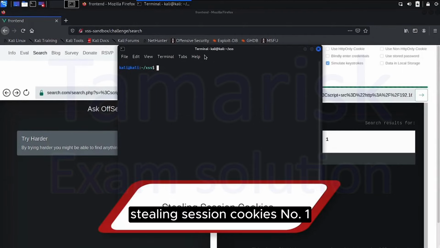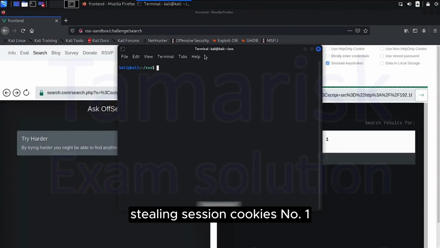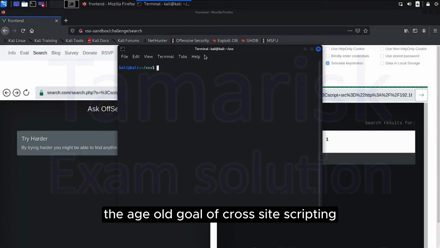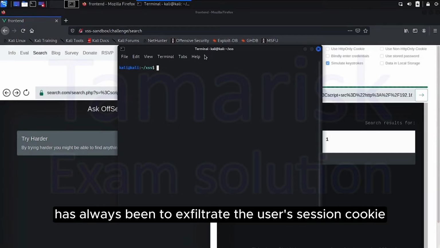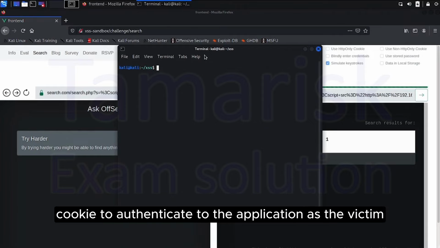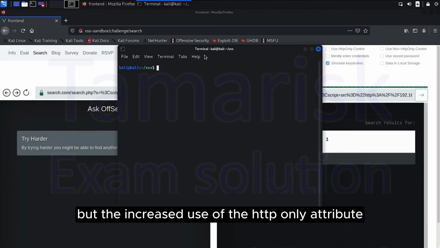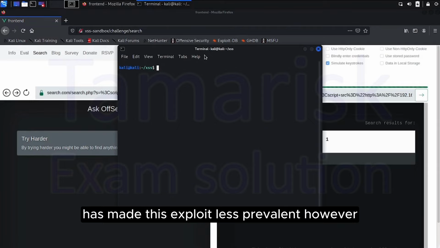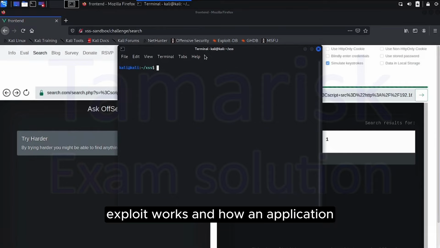Stealing session cookies. The age-old goal of cross-site scripting has always been to exfiltrate the user's session cookie. When obtained, we can use the session cookie to authenticate to the application as the victim, but the increased use of the HTTP-only attribute has made this exploit less prevalent. However, it is still important for us to understand how the exploit works and how an application responds when the